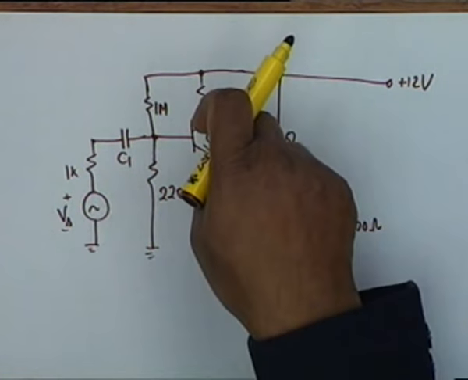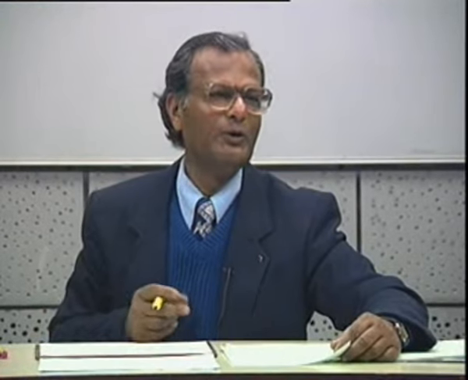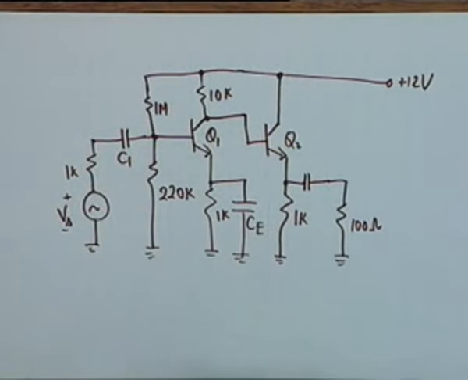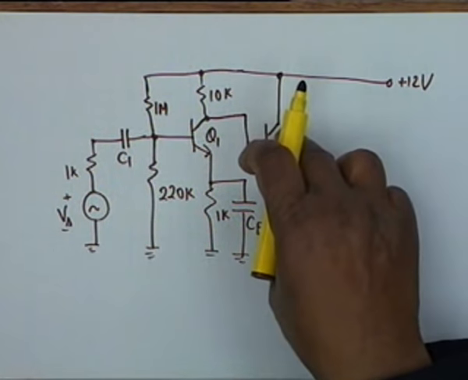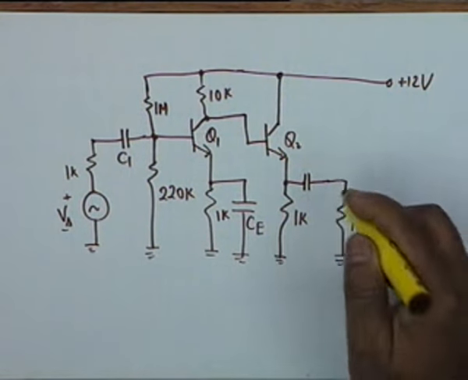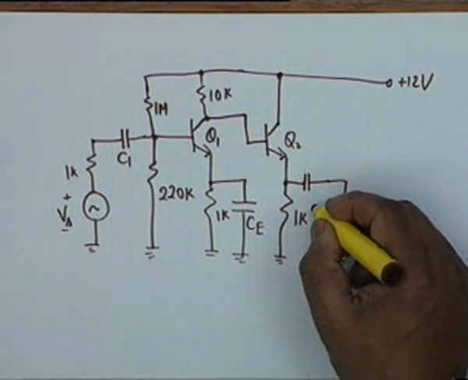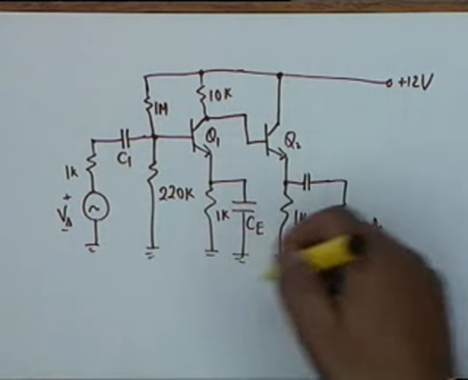100 ohms obviously could not be coupled to 10K. That would have been a perfect mismatch. No voltage, absolutely, 100 divided by 10K plus 100. This would have been the potential division, and therefore you would have got nothing in the load. But because of the common collector stage, because of the emitter follower, you do get almost the whole voltage, because the voltage gain is unity, almost the whole voltage in the load. The only thing that restricts it would be the output impedance of the second stage, which as you know is low, 1 by Gm. Alright. Now the question is, this is the total story.